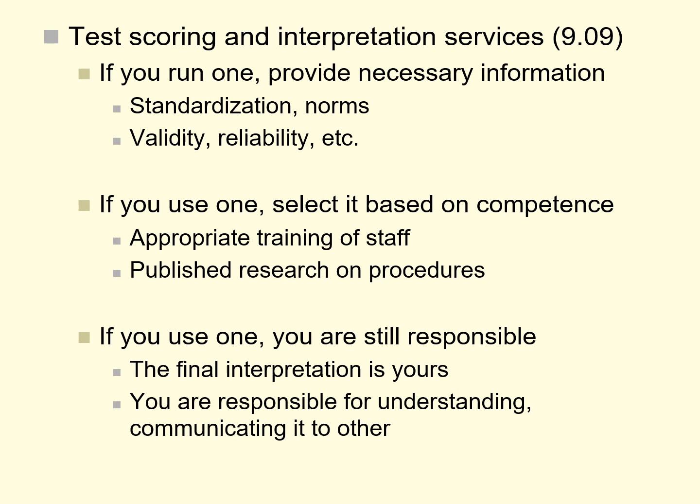Ethical Standard 9.09 refers to test scoring and interpretation services. These are services which exist to help clinicians score and interpret the results of testing. In some cases, there are conveniences. If there's a test that you don't have the time to interpret, you might be able to find a company that will do the interpretation for you. There are other tests which you pretty much have to use scoring and interpretation services for. For instance, the Minnesota Multiphasic Personality Inventory would be very difficult to score and interpret entirely by hand, although you could technically do it.